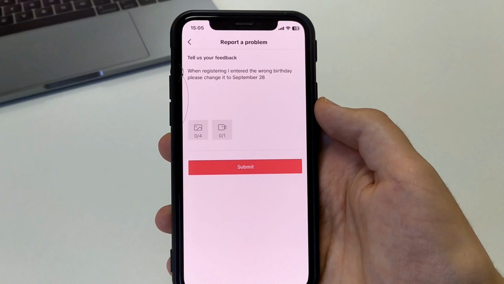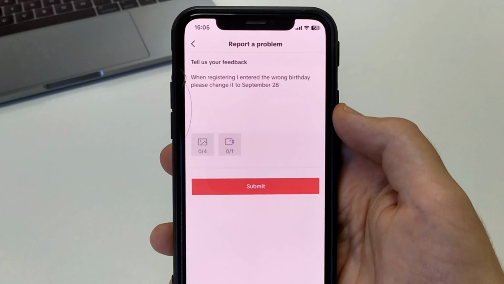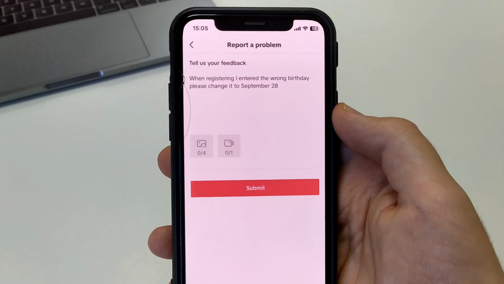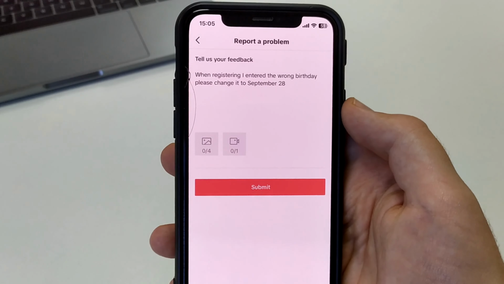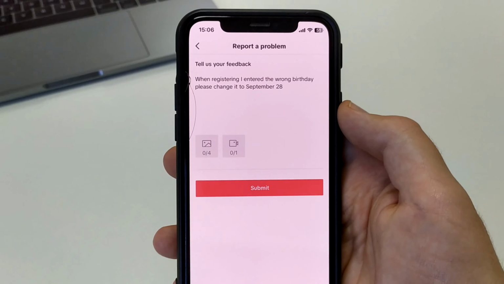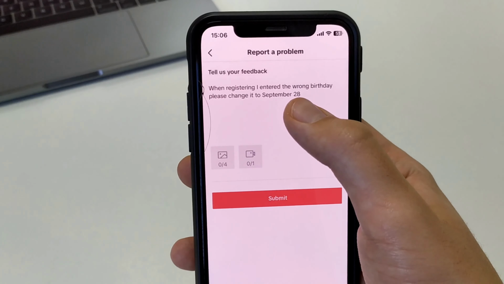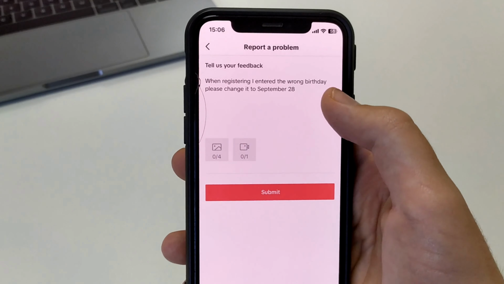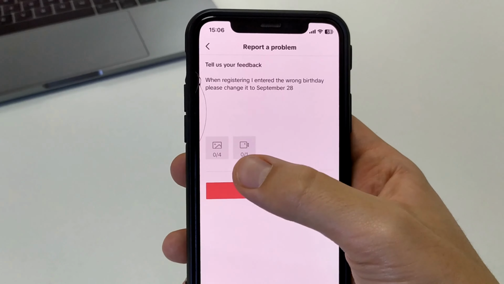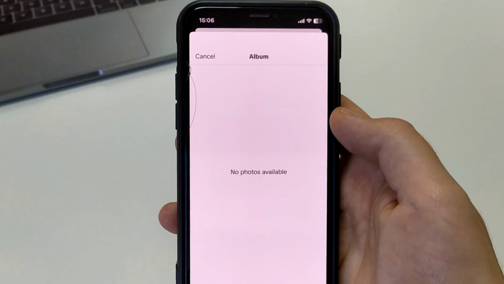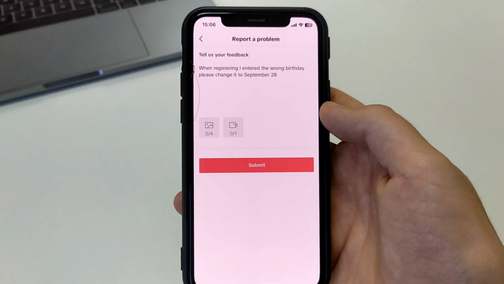And then right here, we need to type in. As you can see, I already have it. You can pause and copy it. And also write, please change my date of birth, because I wrote it wrong, and write your correct date of birth. You may also be asked to confirm your information. You can attach a passport photo right away, and then click Submit. Maybe this way will work. TikTok will approve and change the date of your profile registration.